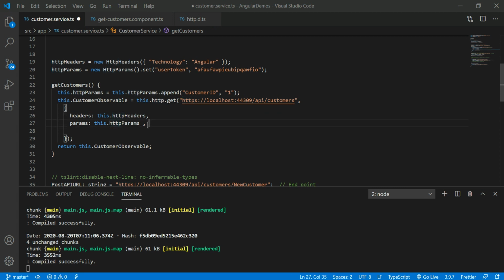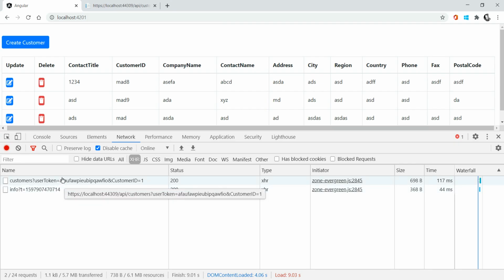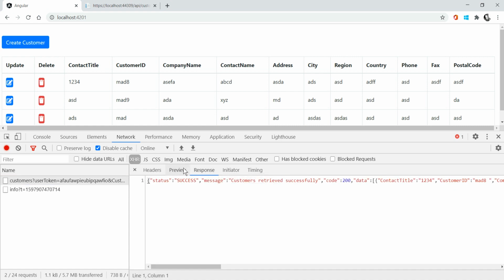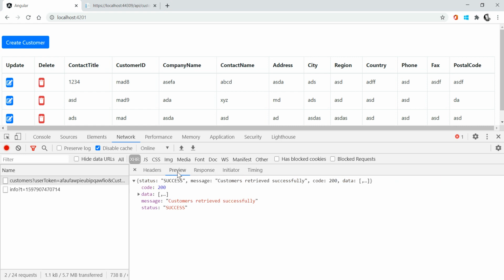First of all, let me talk about responseType. If you see this request, what response are you getting? By default you are getting the response in JSON format.